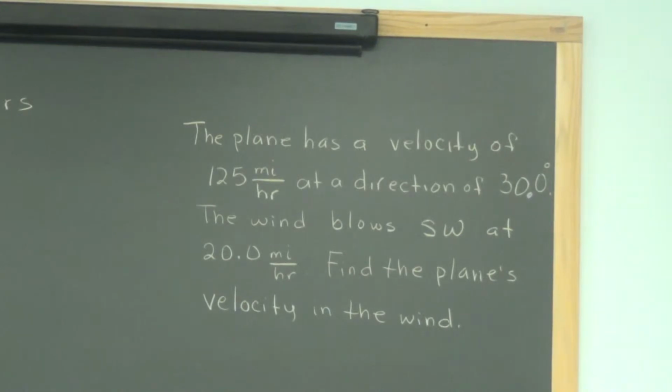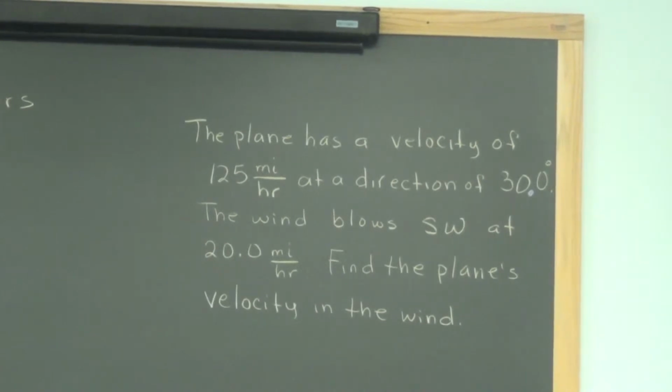So you have drawn a vector. 30 is about a third of the way up quadrant 1 as we go toward 90 degrees. Remember this is 0, 90, 180, 270 in degrees. So say that's 30. And I'm saying that that's 125